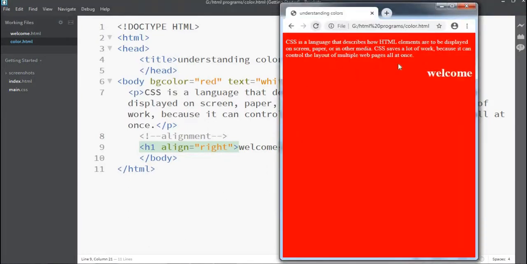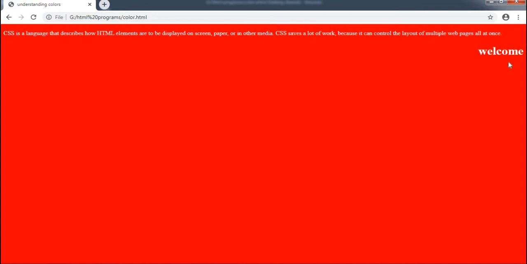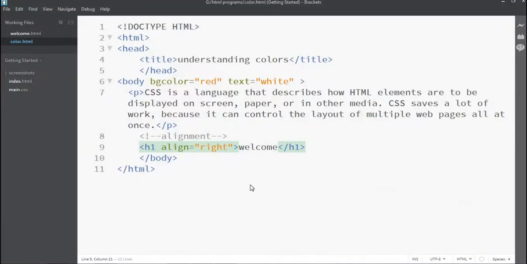Okay, again if you want to change it, I just want it in the right position. Now try to run it. See, the position is now on the right side. So with the help of alignment, you can set the position of these tags like H1 or anything like a paragraph or image. We will use images further also. So you can set the alignment by this.